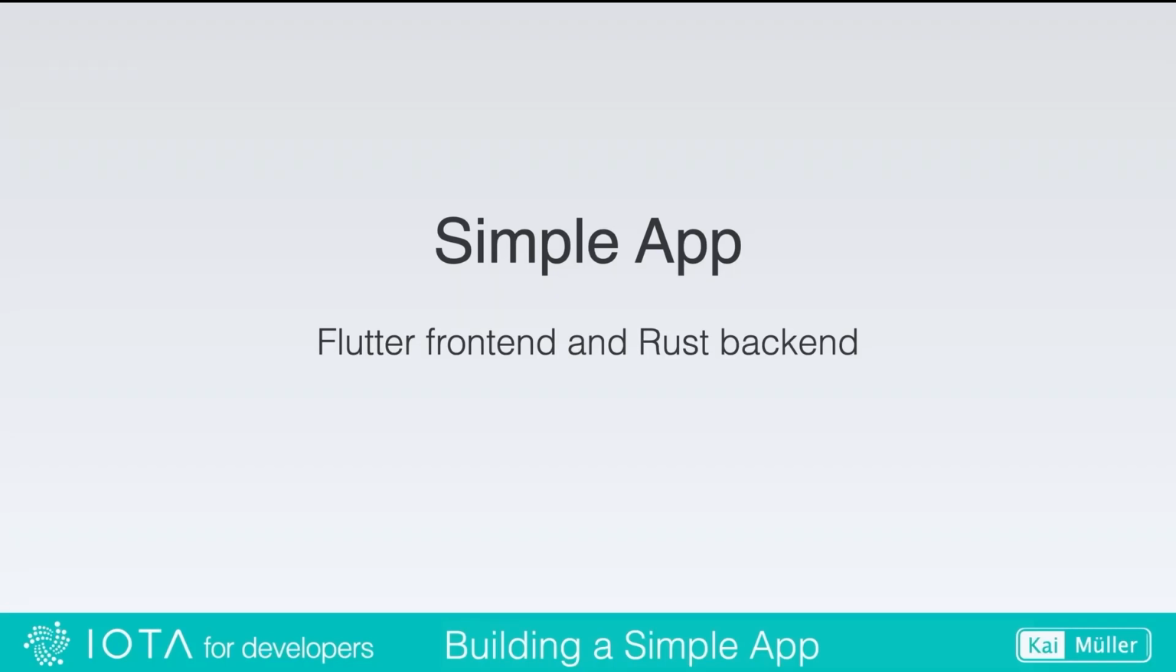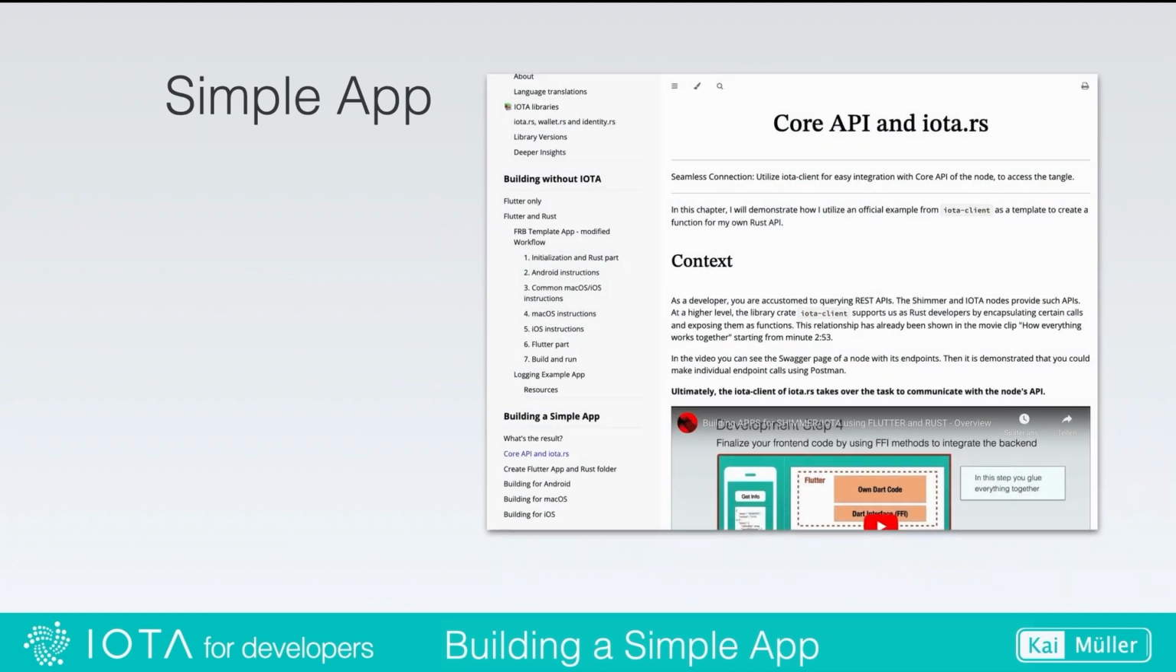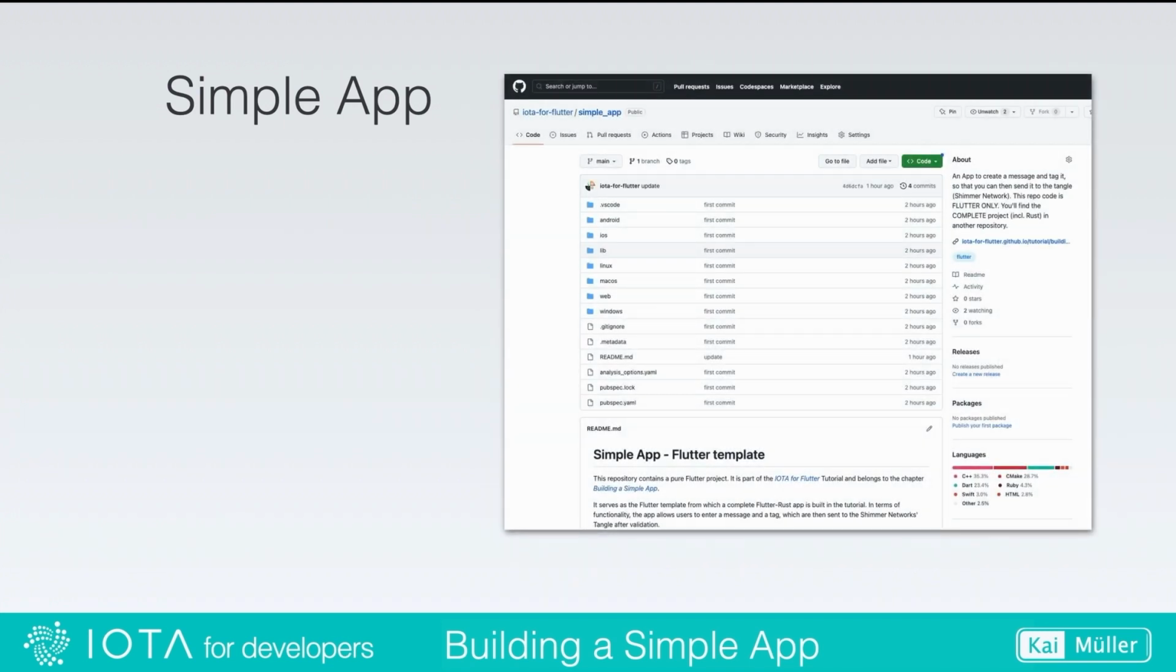This video is about getting started with a simple app project in practice. At this stage, the desired functionality of the app and the structure of the backend Rust function are clear. In the previous chapter, I explained how to utilize an official IOTA example and convert it into a Rust API function. To facilitate the implementation process, I have decided to create the entire user interface and provide it for download